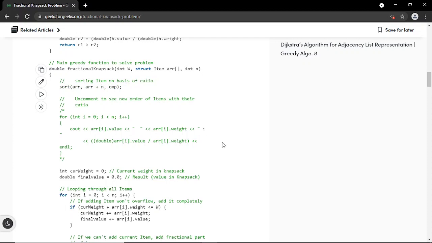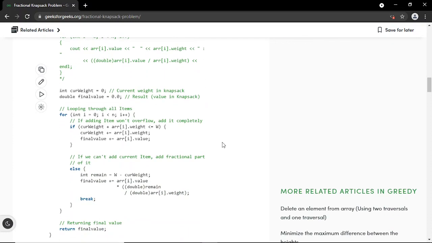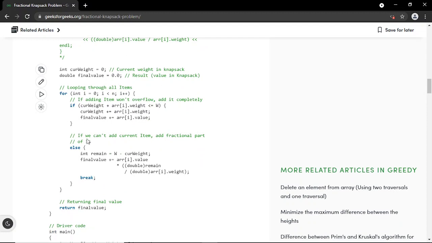After sorting, we loop through all the elements and check: if adding the item won't overflow, we add it completely, or else if we cannot add it, then we take the fractional part of it, and this will continue, and then we will return the value.